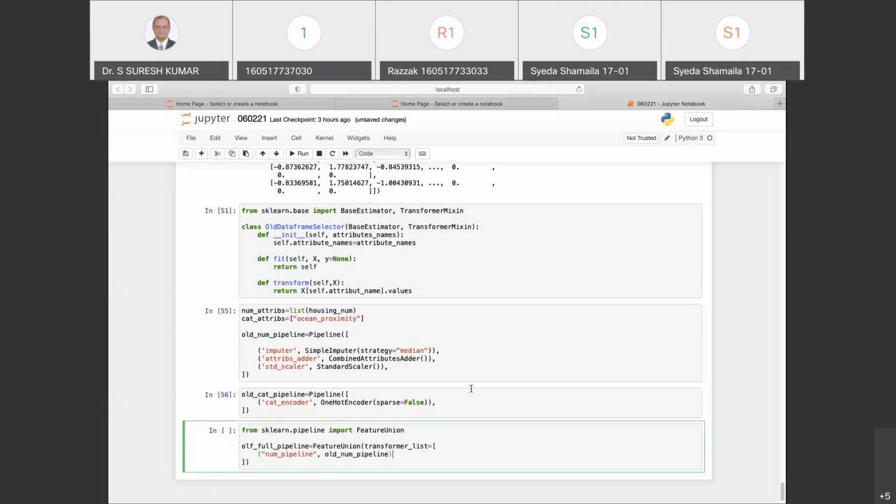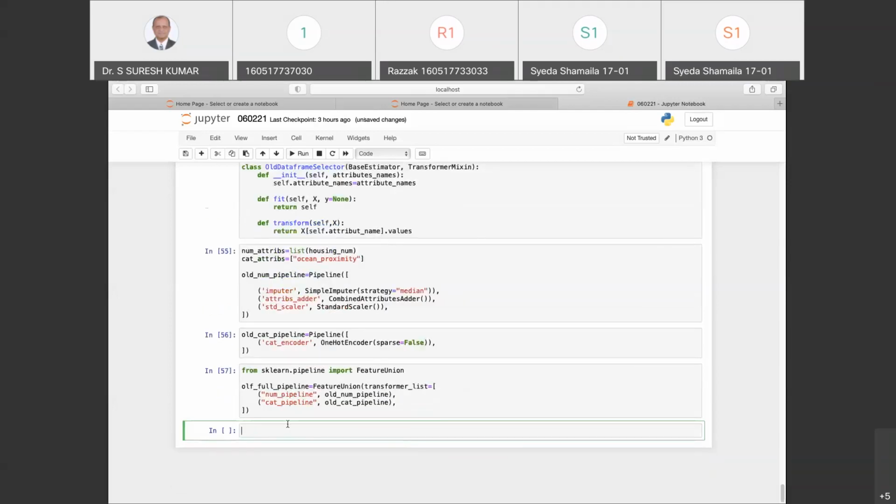And apart from this, I need also to call my categorical pipeline, which is nothing but my old underscore cat underscore pipeline. Give a comma, and let me execute this.